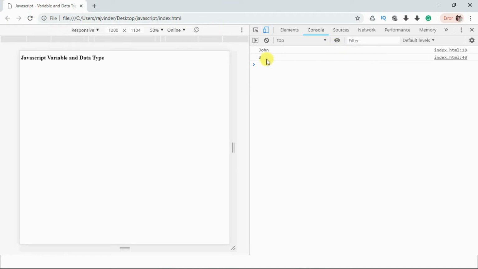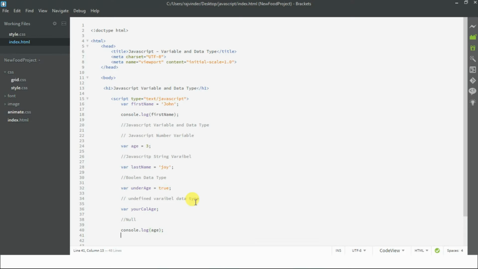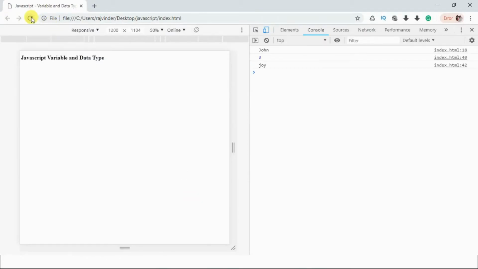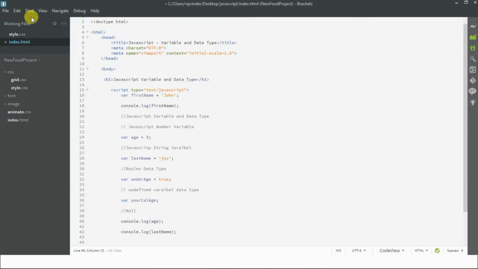See, the age is consoled. Then after I console the last name. See, the last name is printed in console. And then after I console